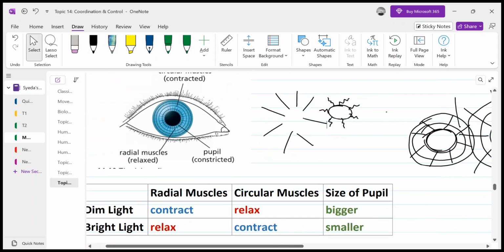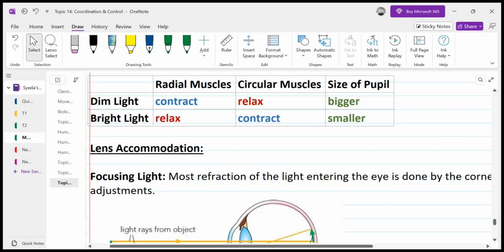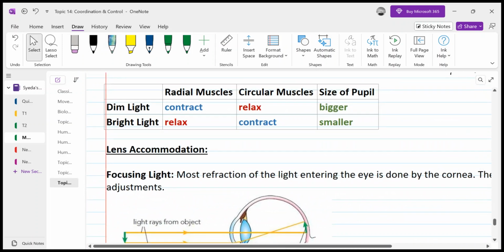Now a question. Now there is another function of the eye, our lens. Now the lens function comes here. We have discussed the iris function with the pupil reflex, right? And now the lens function is there. Lens function, as we have already discussed in the last class, is that it basically focuses light, it refracts light.